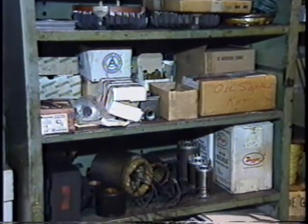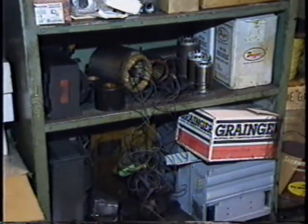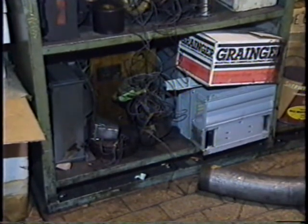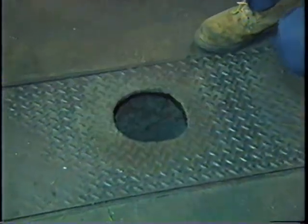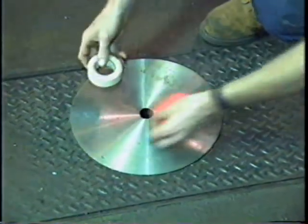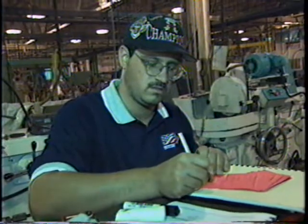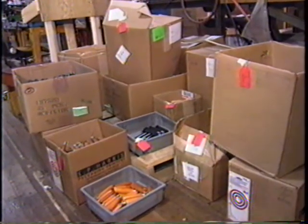As you review the target area and attach red tags, ask yourself whether you have examined every surface and tagged all unnecessary or unsafe items. The red tag inspection sheet in the participant's guide will help you perform this task. In addition, whenever you come across a specific cleaning or maintenance problem, red tag it. To keep red tagging at a fast pace, wait until the next step to actually move items out of the